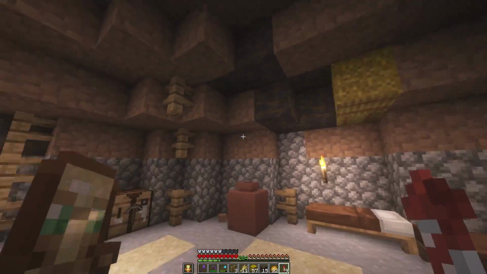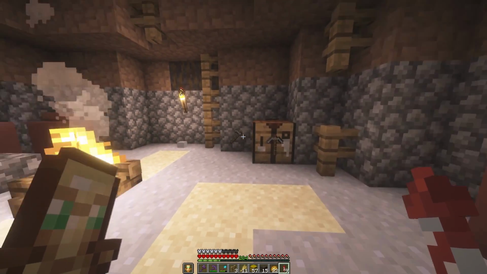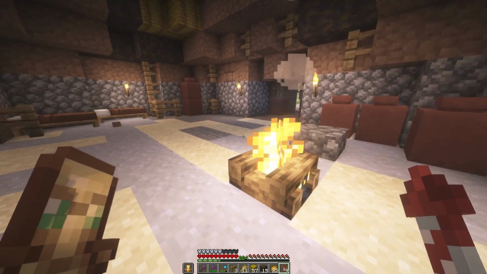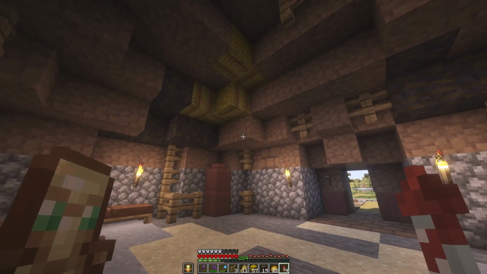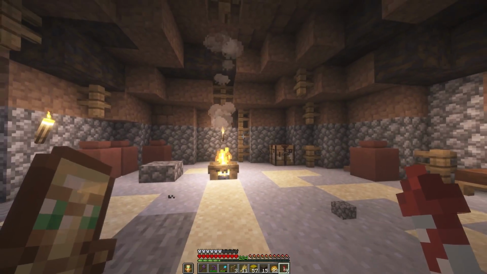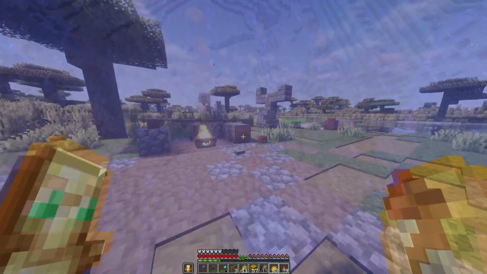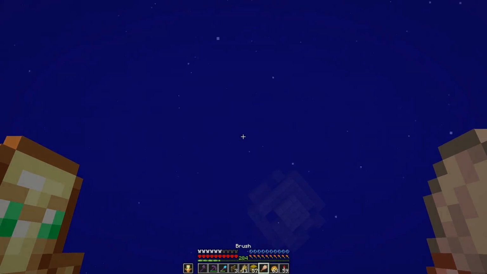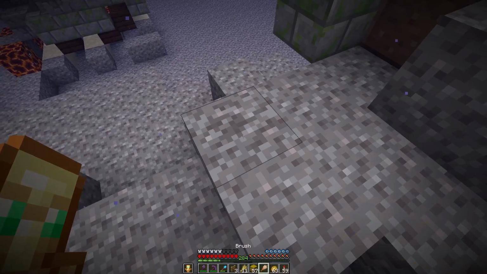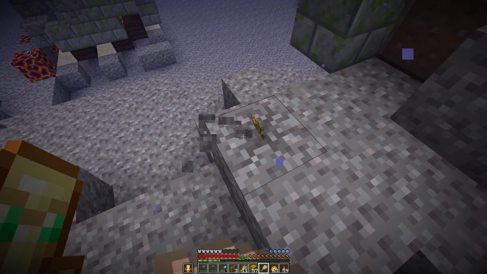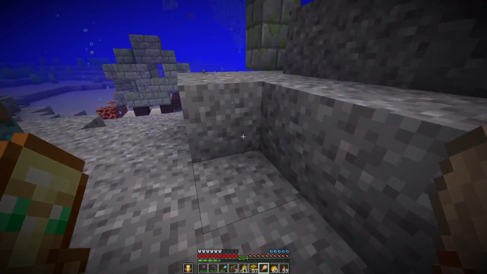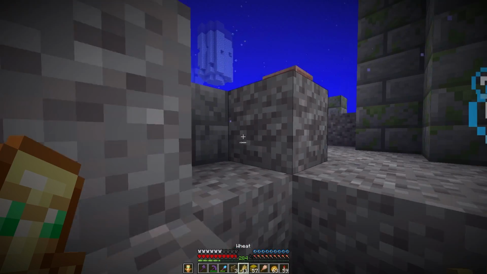They started living in families and with other people because at this stage agriculture was a huge thing, so they needed more people, some to go hunt, some to go gather, and of course some to plant crops and domesticate animals. So now I'm in these ruins to find some